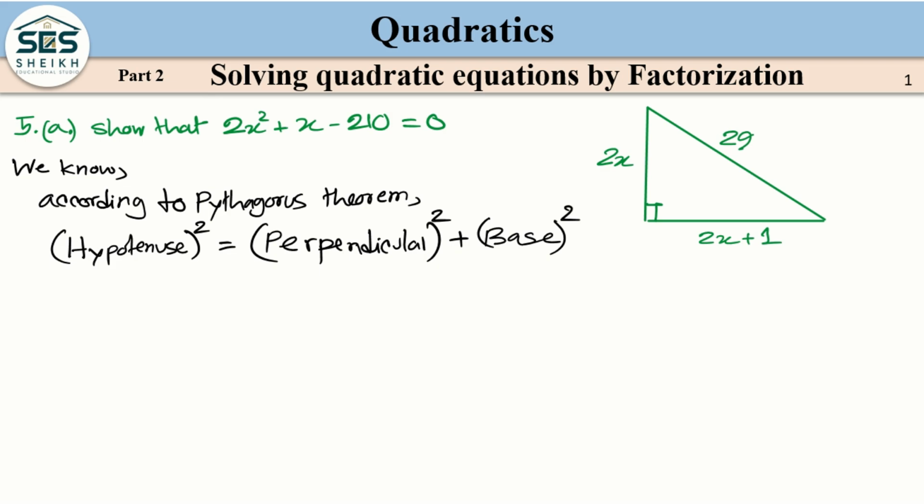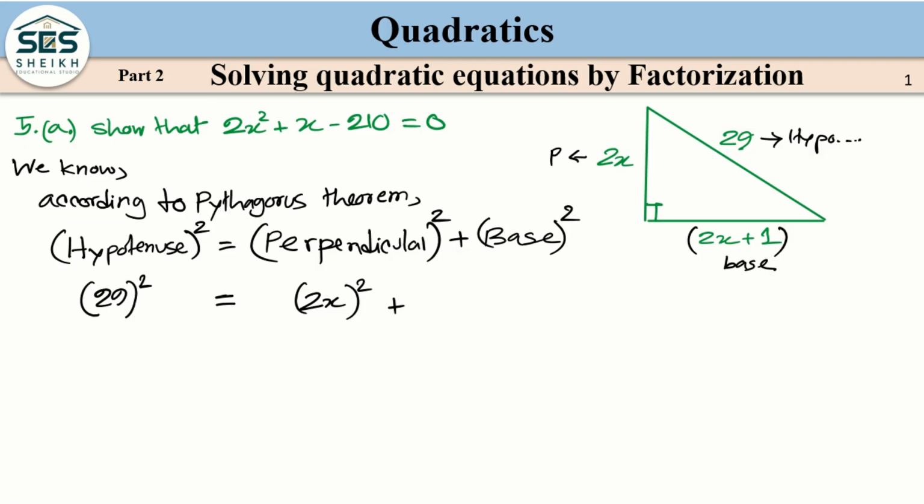So here it's our hypotenuse, so square of 29 is, it's our perpendicular, and this part is our base. So square of 29 is